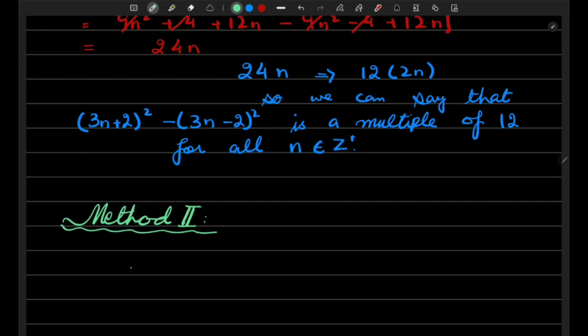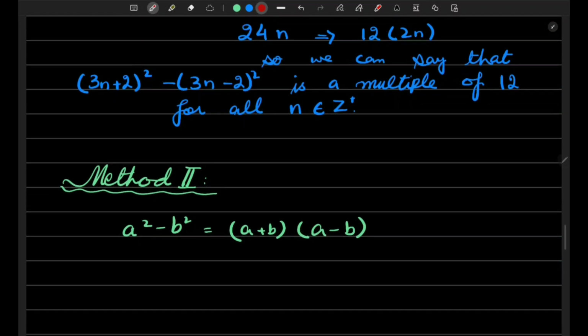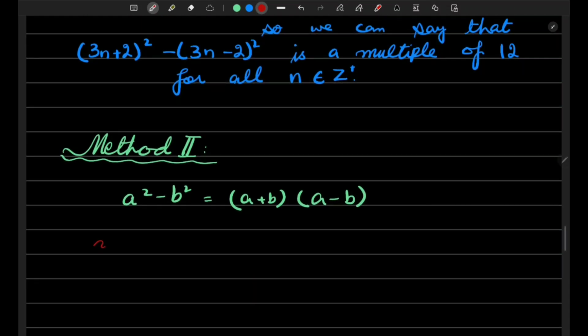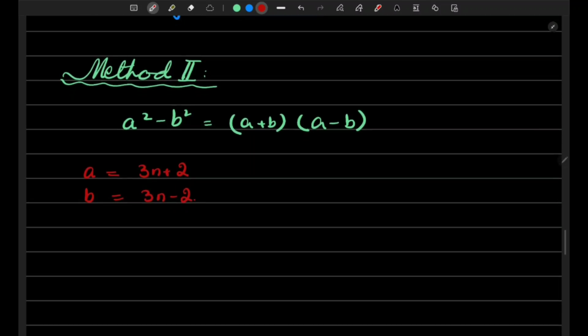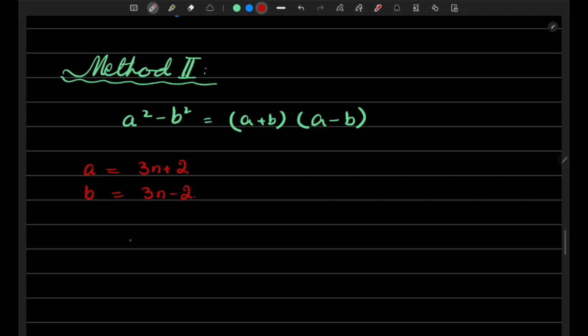According to method 2, we use the formula a square minus b square is equal to (a plus b) and (a minus b). So from the above equation, we take a as 3n + 2 and b as 3n - 2. Now putting the values in the above equation,